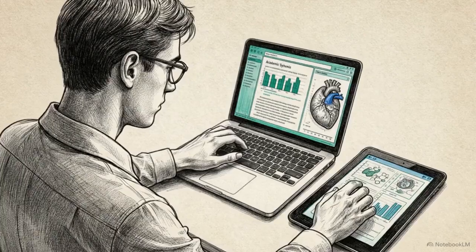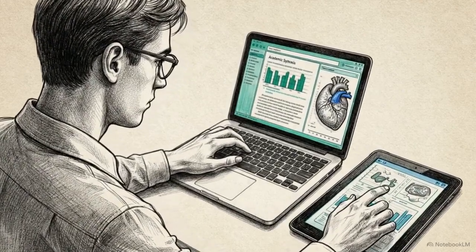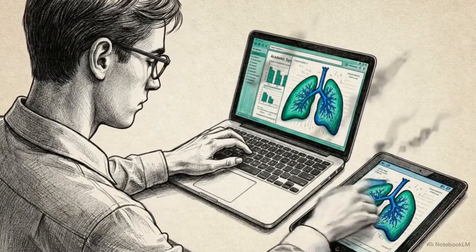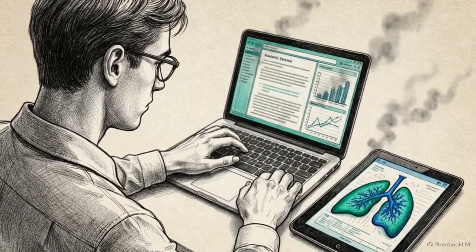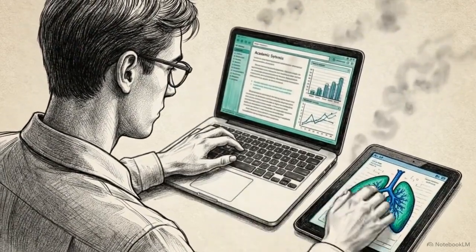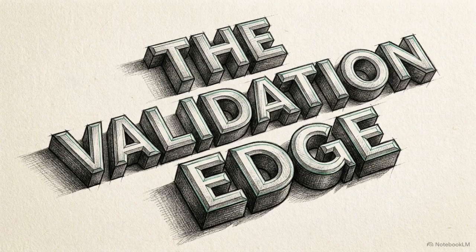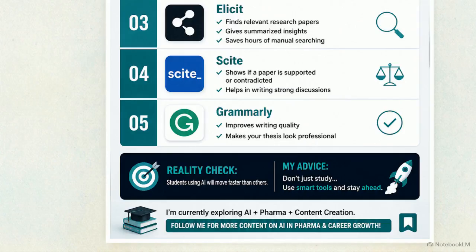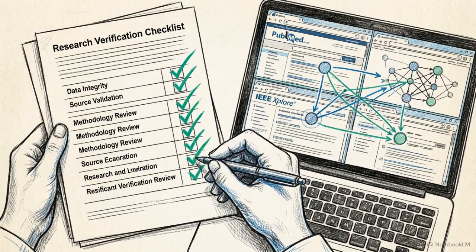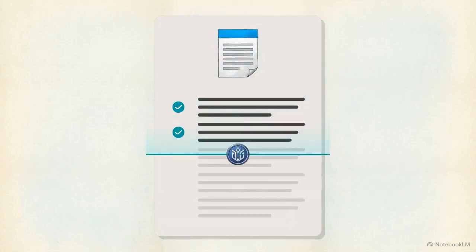But if you're a final-year student optimizing for top marks, your grades depend entirely on uncovering research contradictions faster than your peers. That absolutely requires mastering Scite and Claude. Indeed, the original source material leaves us with a stark reality check. Students using AI will move faster than others. Moving faster is only an advantage if you deploy these tools as a strict verification suite. High-level academic efficiency relies on precise